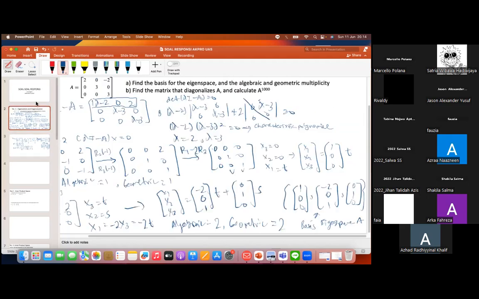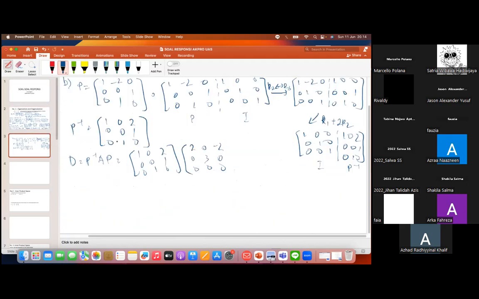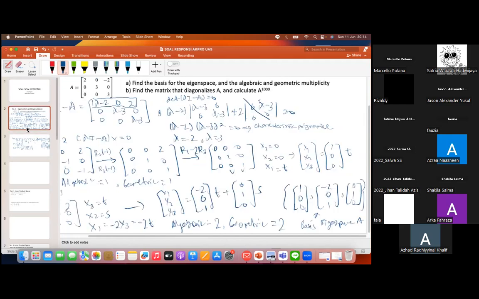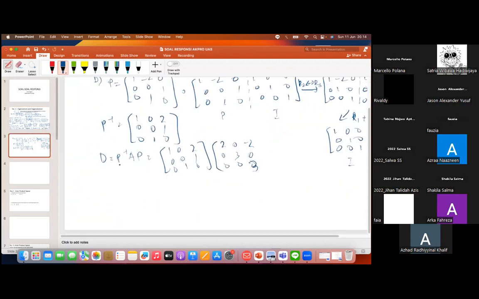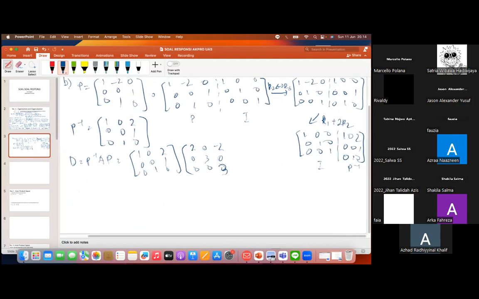Is it -2, 0, 3? Okay. The next thing to do is to write P. Okay, so now we do the multiplication, and you're going to get